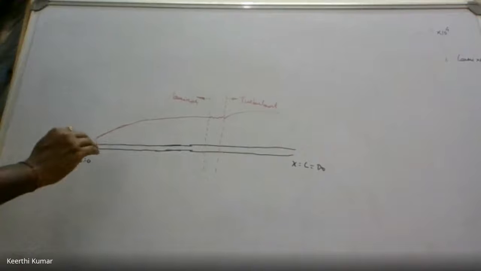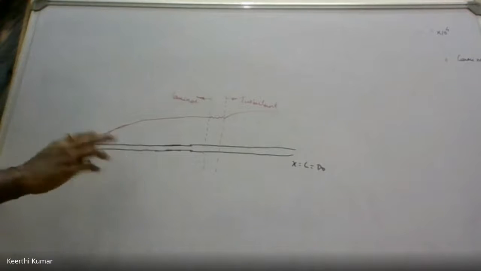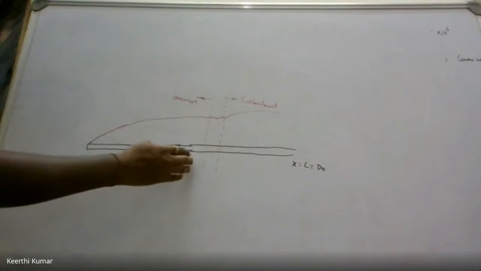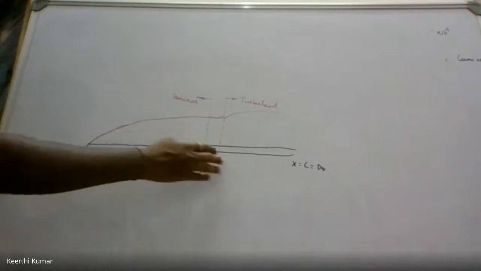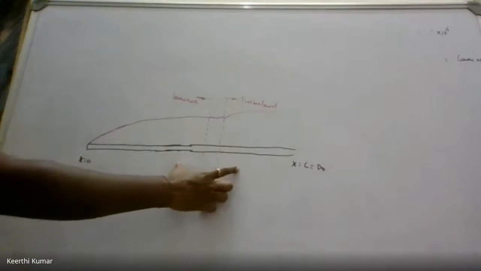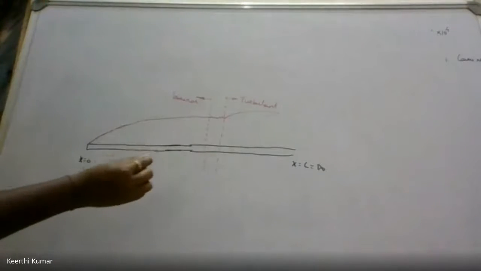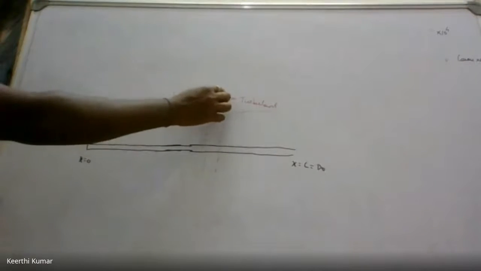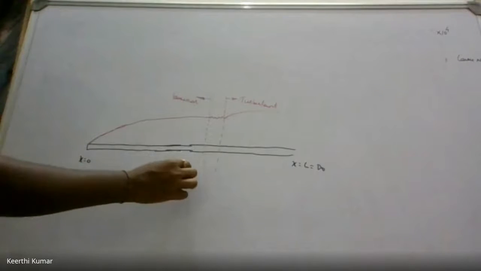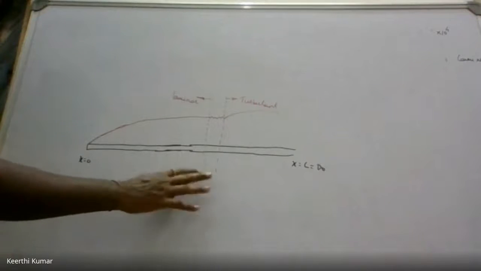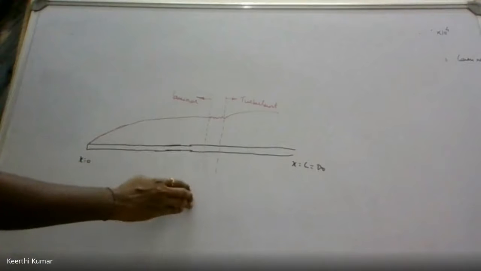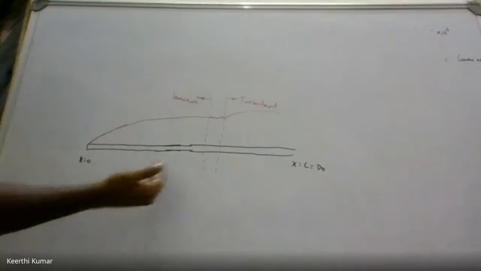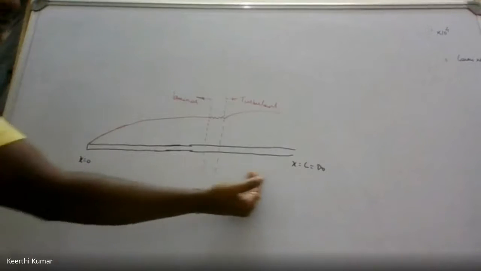In that boundary layer, as we know, if we go in depth, we will have three zones or regions. One is laminar flow, the other is turbulent flow. These two are very, very important. And the other is the transition flow, which is in between. It is very small in length, the gap between laminar and turbulent is very small. So we will consider that there is no transition flow. Of course, if you go in depth, there will be a transition flow. Clear? So instead of three regions, let us divide into two regions: laminar flow and turbulent flow.